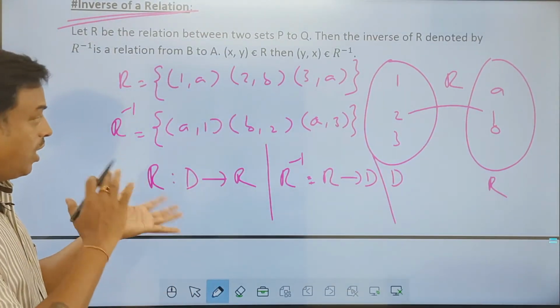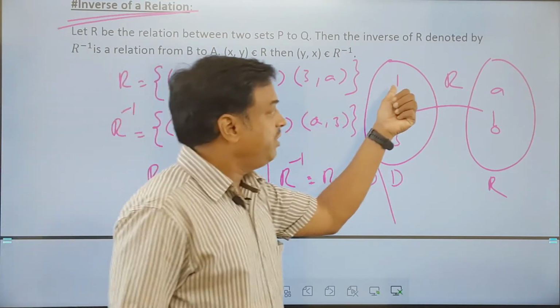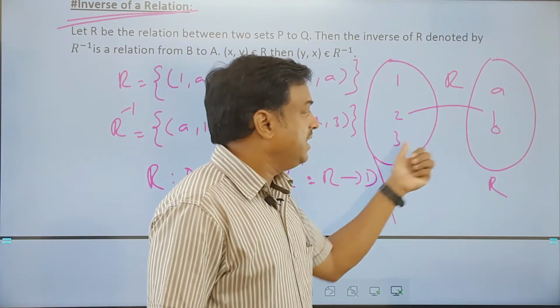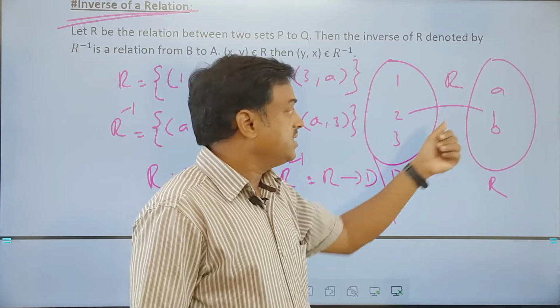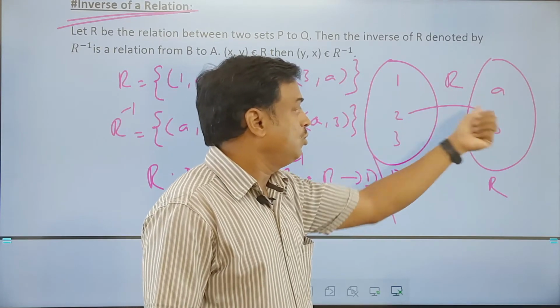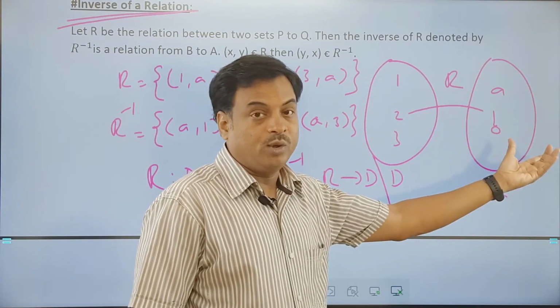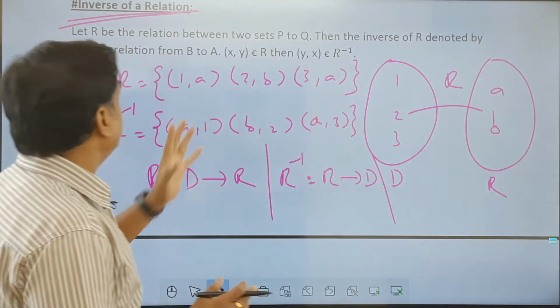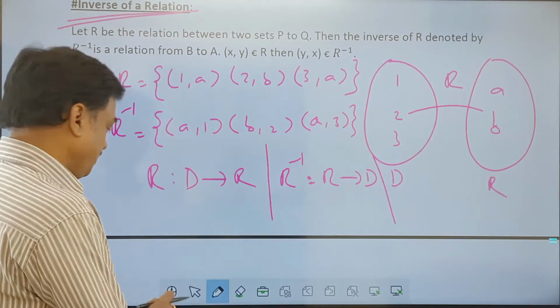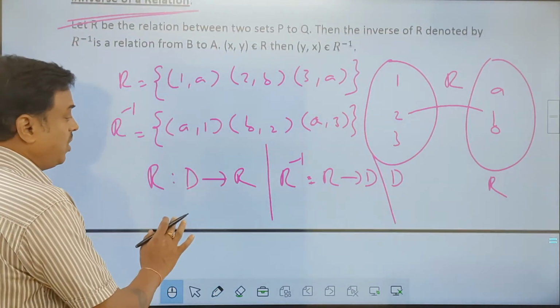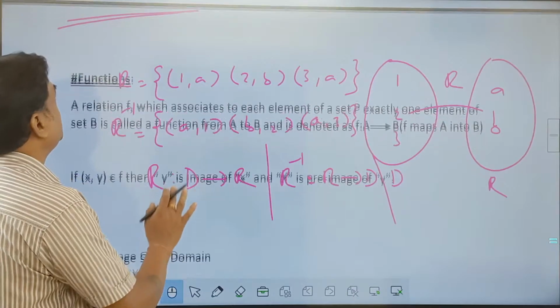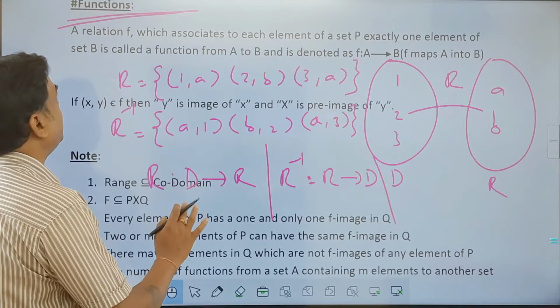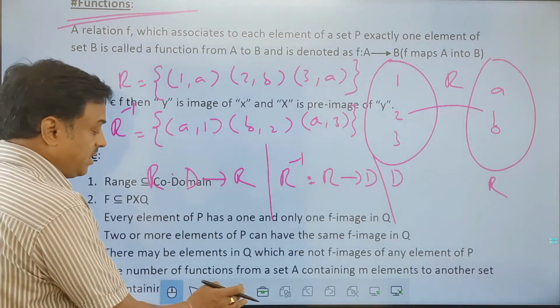Okay, all of you? So ordered pairs will reverse, mapping from 1 to A, 2 to B, 3 to A will be reversed as A to 1, B to 2, A to 3, like that. So this will become domain and this will become range. That's the difference between the two. So the inverse of a relation we have also seen. Now let us move on to the next definition, which will be very, very important,